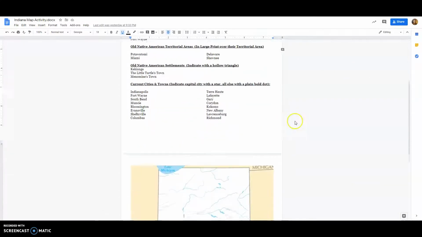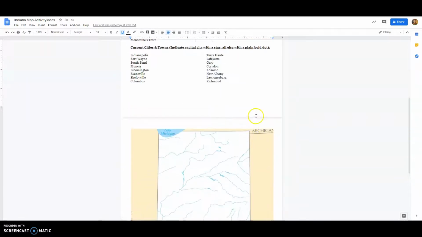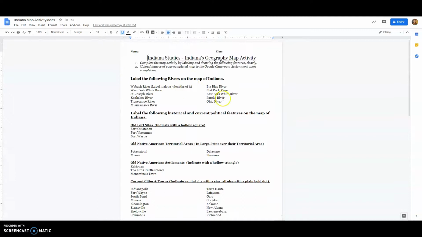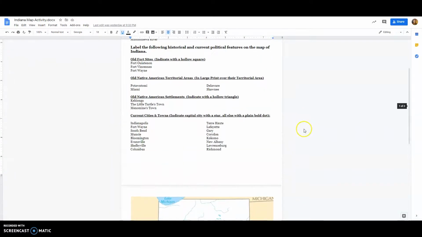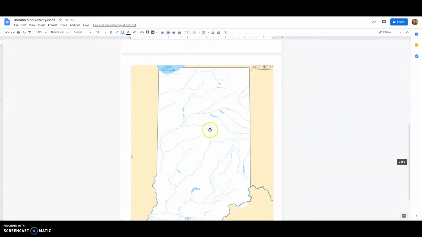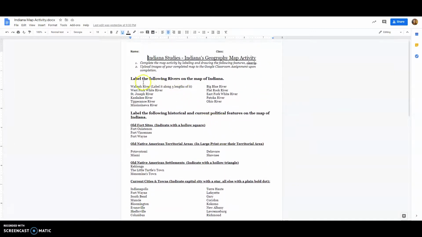Please go through. You can do this virtually on your iPad if you want to save this picture to your iPad and then go through these and mark them digitally on the map, or draw them. It's up to you. Either way, you have to turn this in by taking pictures and turning it in digitally on the Google Classroom. So please go through these items, label them on the map, and please use the legend